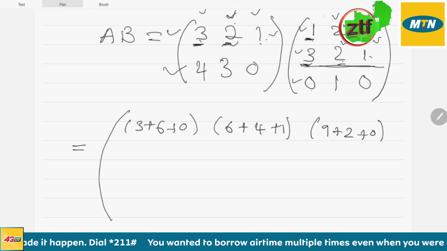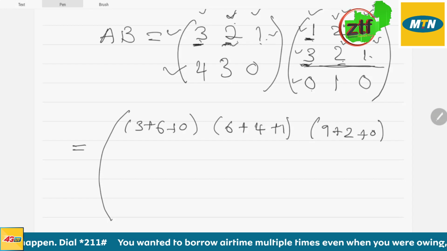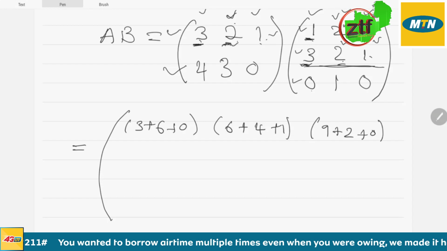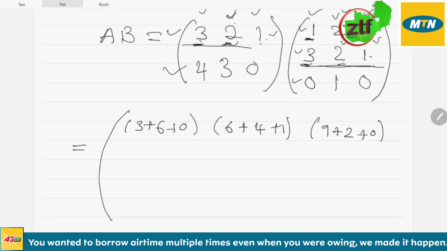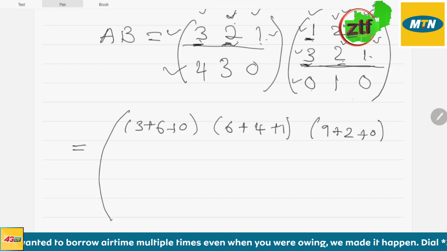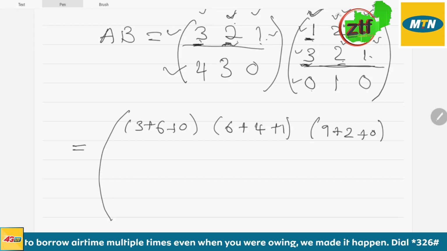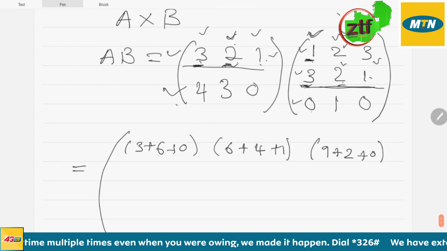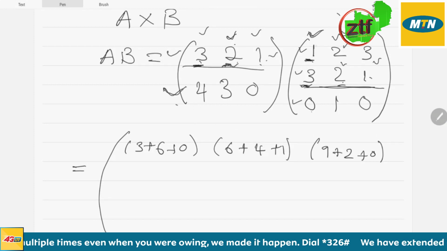So I will multiply by this, that, and that. Since we are multiplying these elements by the elements in column 1, column 2, and column 3,